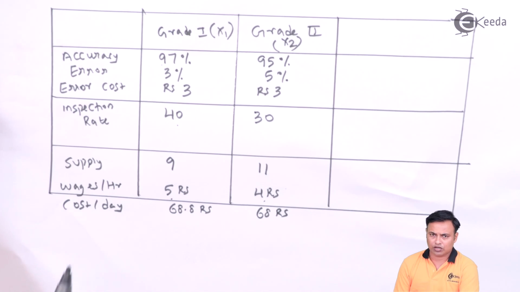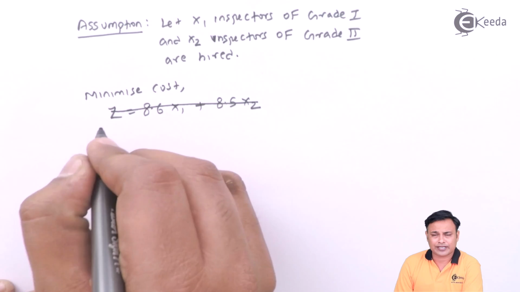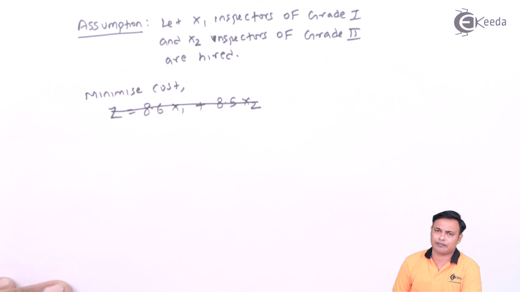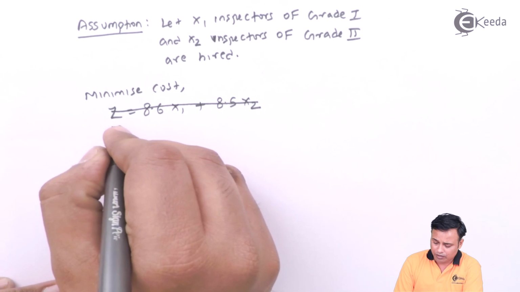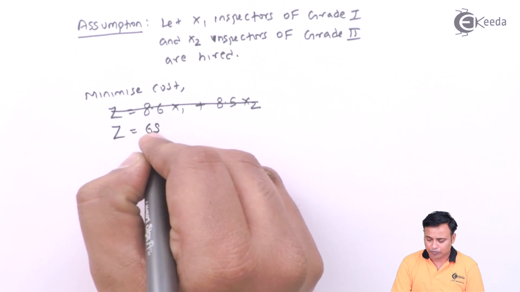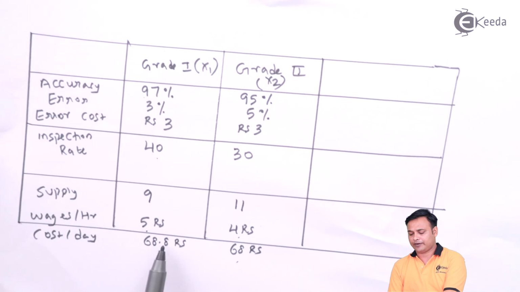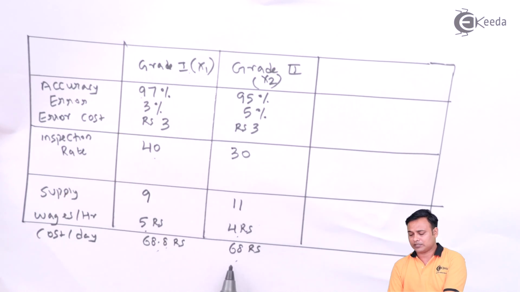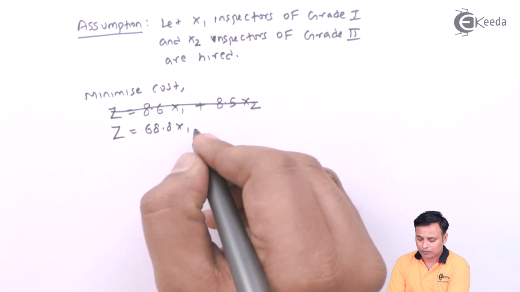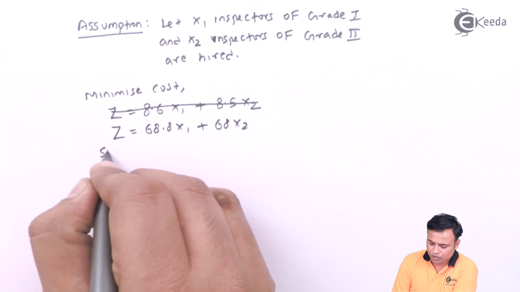And now we have made an assumption of x1 and x2, the number of inspectors of grade 1 and grade 2. So it will be 68.8 into x1 plus 68 into x2. So instead of minimizing the cost per hour, we are minimizing the cost per day. So my objective function will change minorly. It will be 68.8 into x1 plus 68 into x2, subject to,